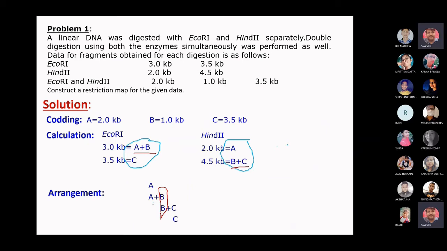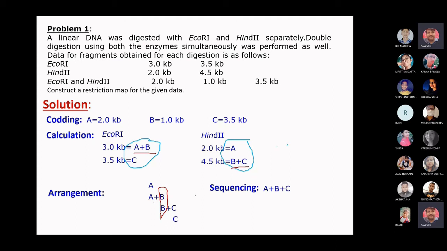So what will be the correct sequence? This is the arrangement. This is the way you will arrange the entire things. Then the next step is sequencing. So what is the sequencing? What is the correct sequence? A, B, and C. A plus B plus C. Okay. And finally